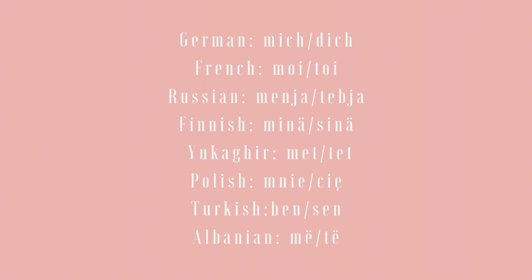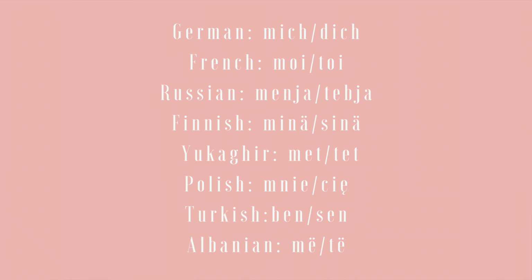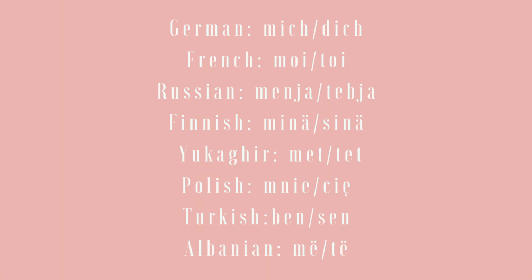Take a look at all of these languages and their personal pronouns. In German, you have mich und dich. In French, you have moi et toi. In Turkish, you have ben and sen. The words we use to call our parents are almost as universal and as long-lasting as having parents. What do you call your father in your native language?